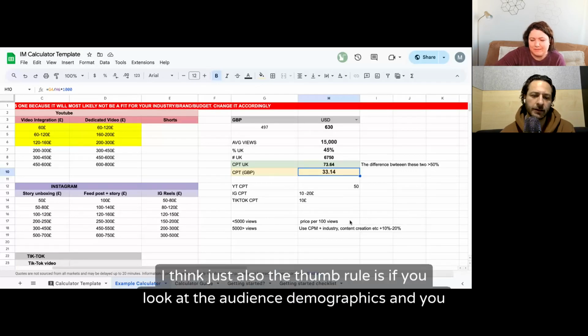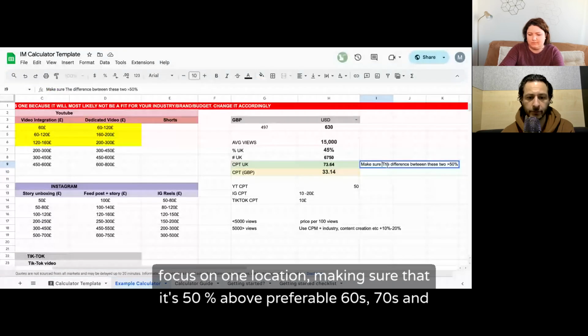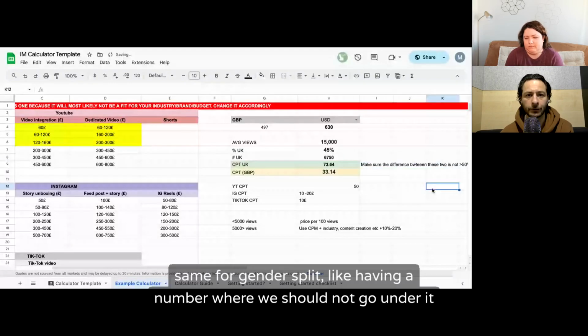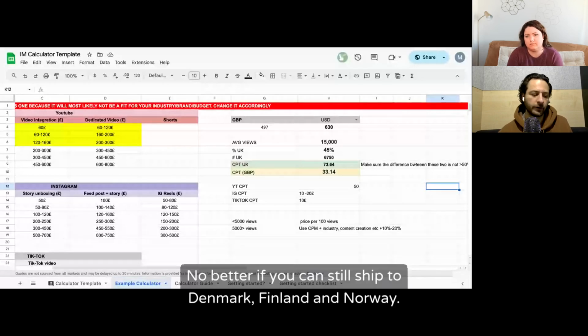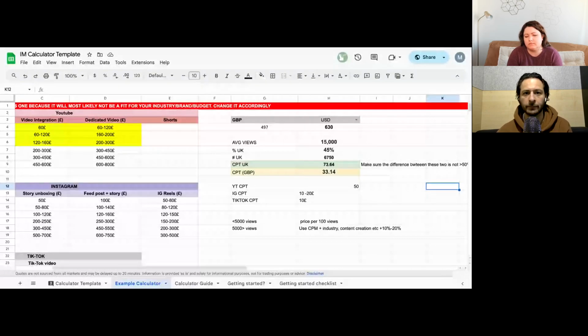Yeah, for sure. But I think the rule of thumb is, if you look at the audience demographics, focus on one location, making sure that it's 50% or above, preferably 60, 70. And the same for gender split, having a number where we should not go under it makes sense. I would even say, if you work with an influencer from Sweden, no matter if you can still ship to Denmark, Finland, and Norway, I would still recommend that you have 50% Sweden if it's a Swedish profile, because